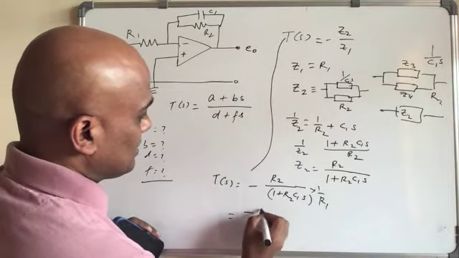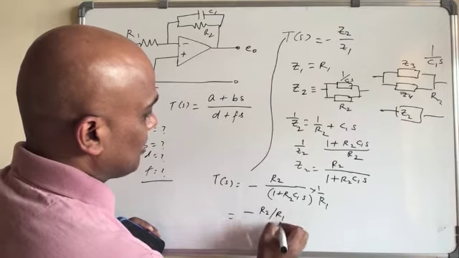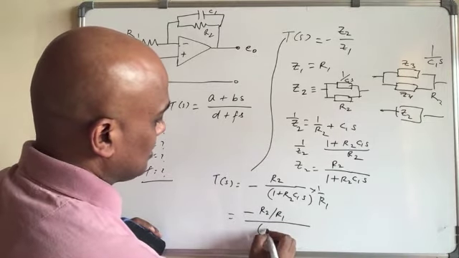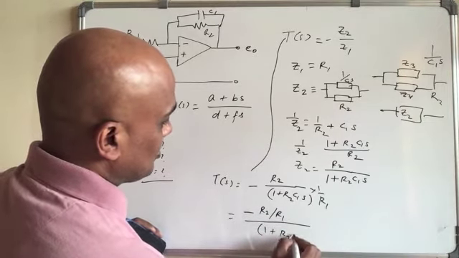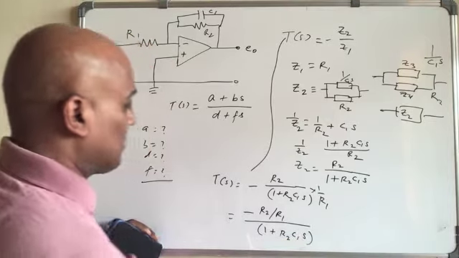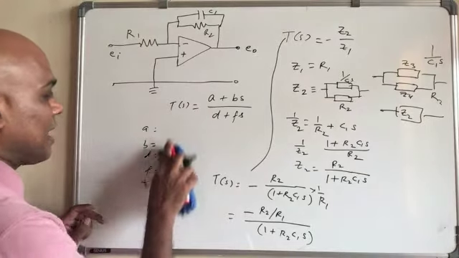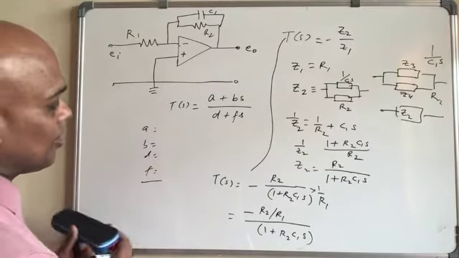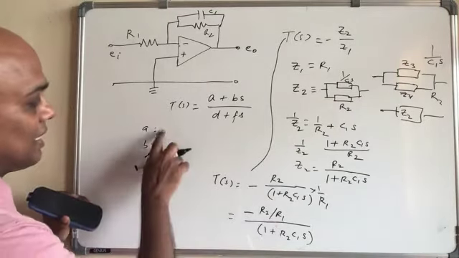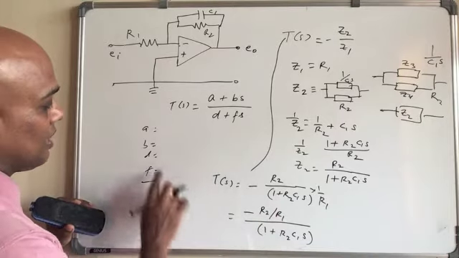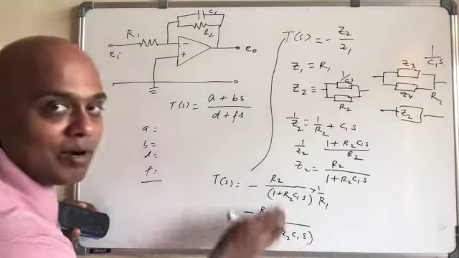Equal to minus R2 divided by R1, divided by 1 plus R2 C1s. Yeah. So in this case, if there is a matching type where I give you the value of A,